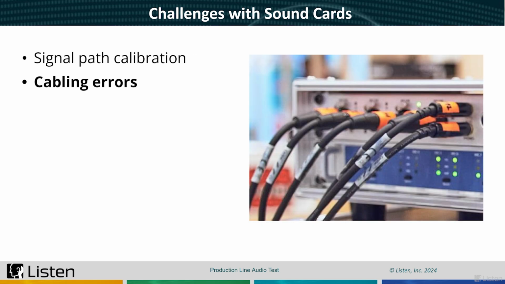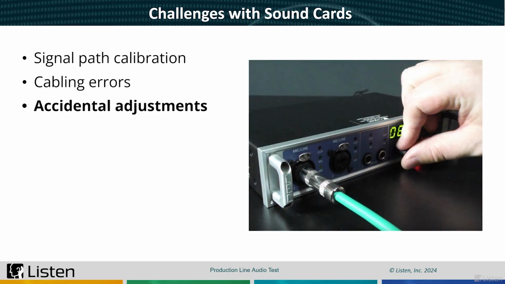Cabling errors. Audio interfaces usually have to use a lot of cables. It's easy to connect something up wrong or to have a faulty cable or loose connector. Accidental adjustments. Pro Audio sound cards have many front panel controls, including gain adjustment. You can probably imagine what happens to your measurement if your gain knob is accidentally changed midway through a production